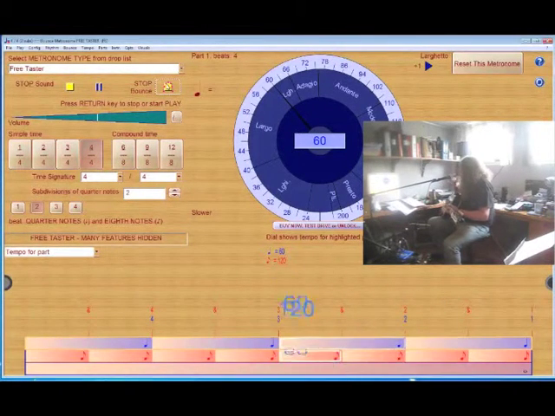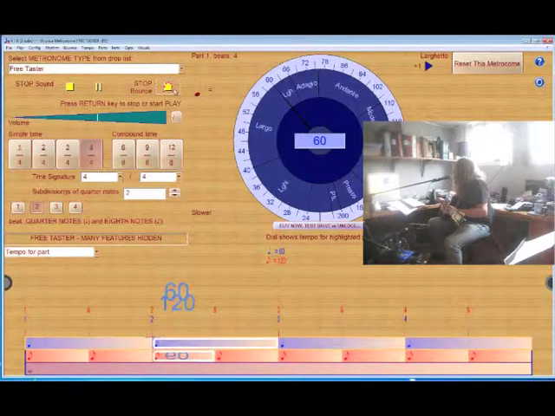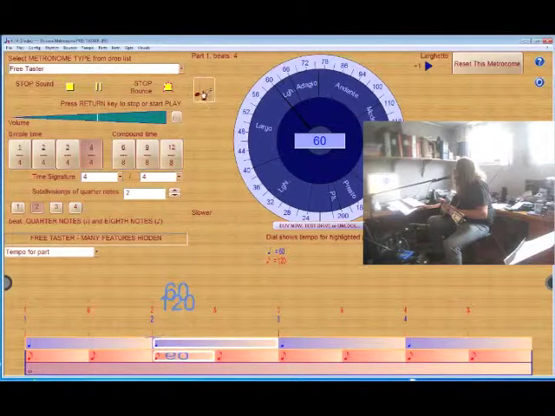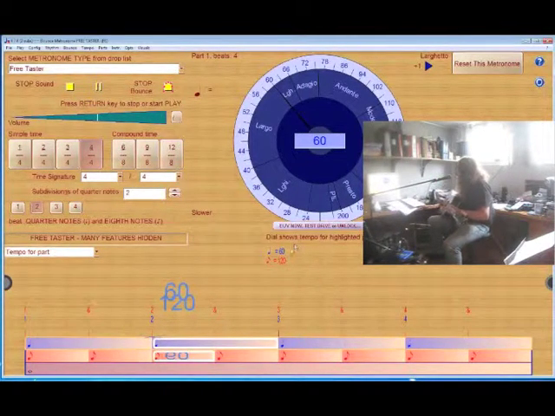So that's how many, 4, of which kind, quarter notes, at which speed or tempo, quarter notes equal 60 beats per minute. And if you count that in eighth notes, there are 120 notes in a minute. So that will sound faster,